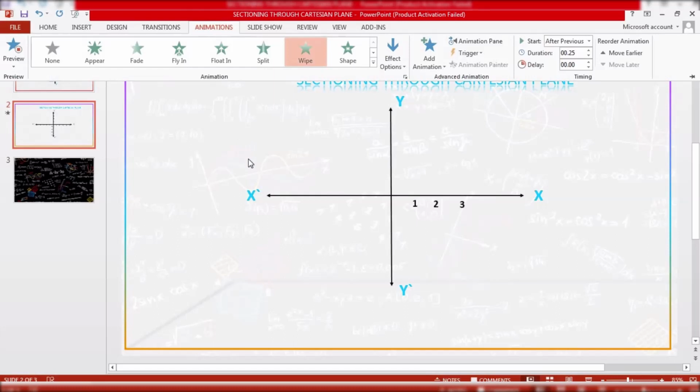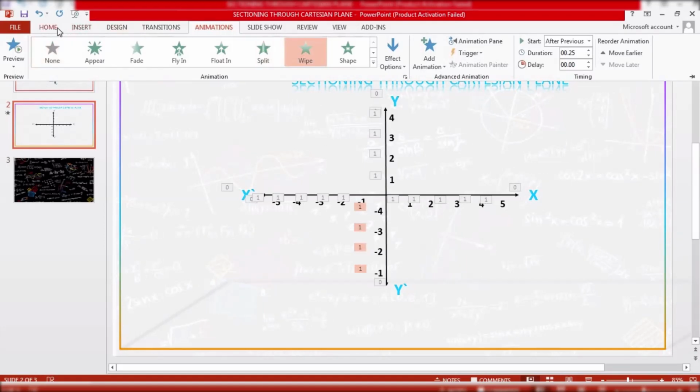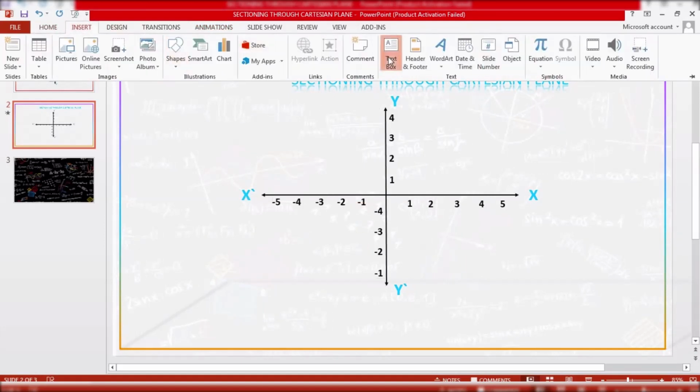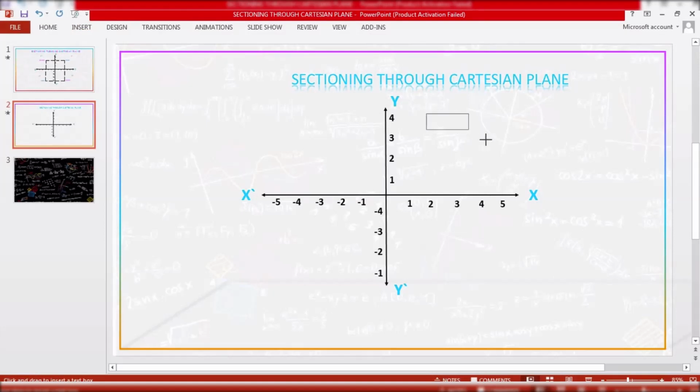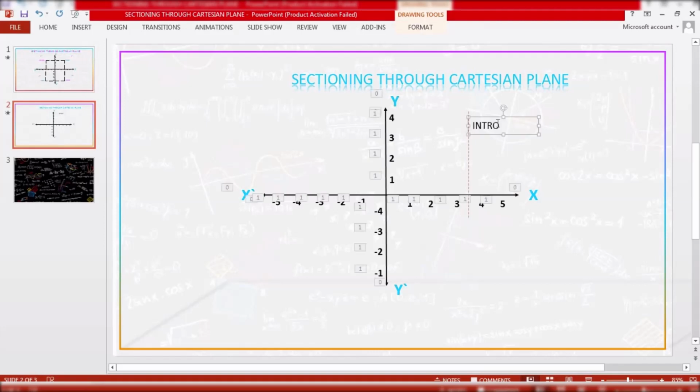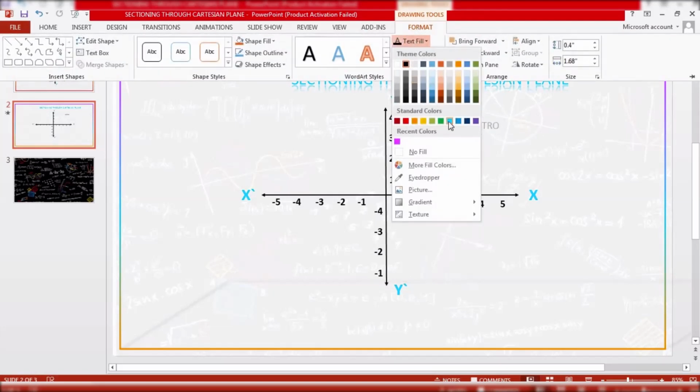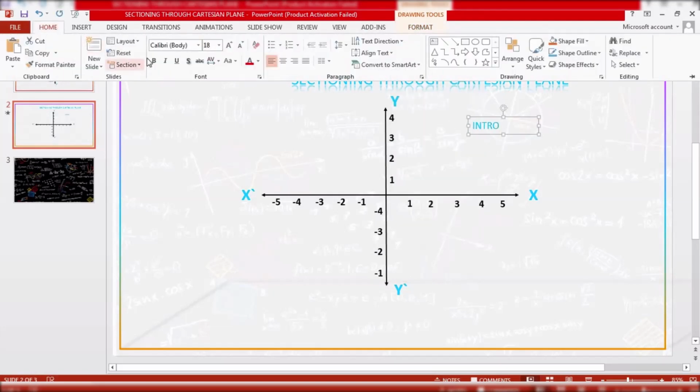Okay, now we have to type the text, that is the sectioning text like intro, details, pros, cons, conclusion, etc. And now adjust it behind the actual lines because the lines meeting 3 and 4 will come in between. So format it with your favorite colors, duplicate it and then put other side,